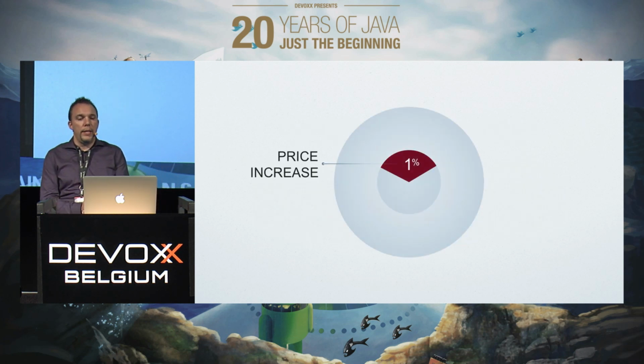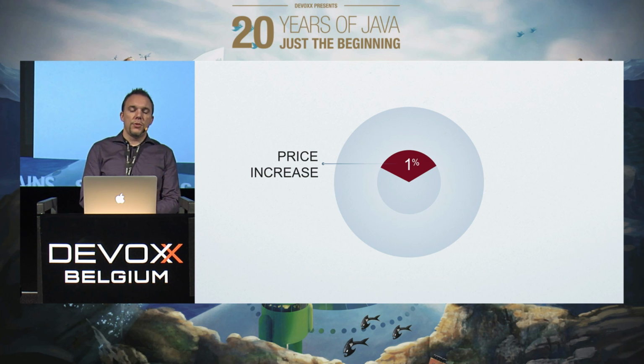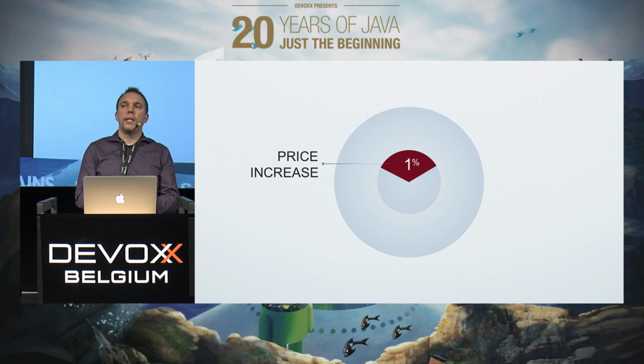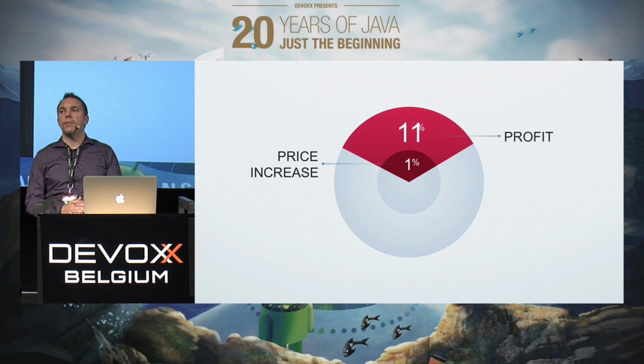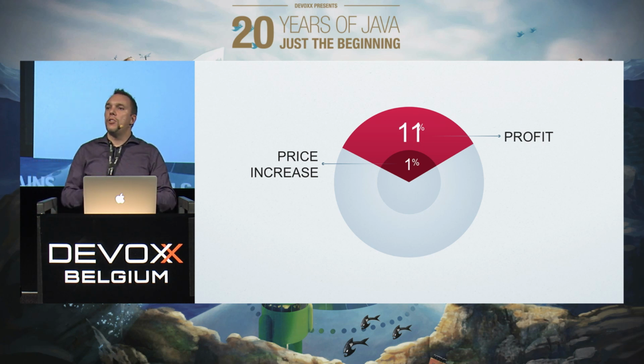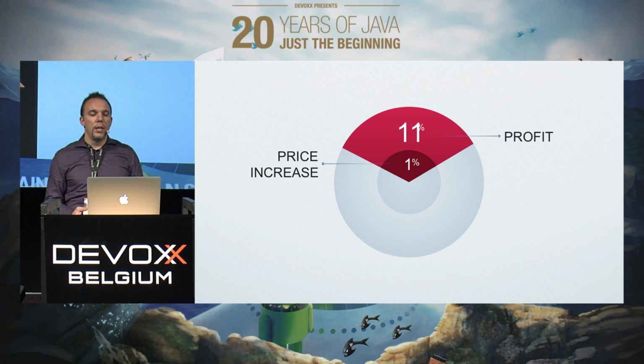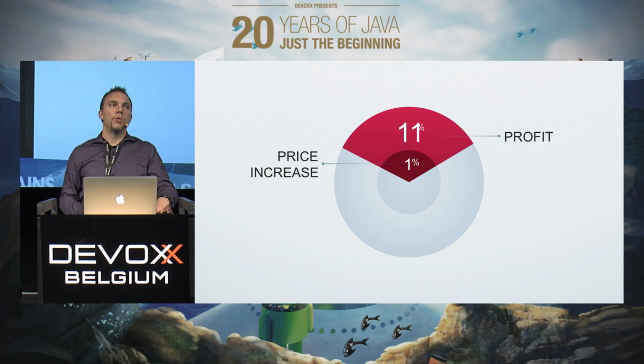Okay. Now there is research that shows that a small increase in pricing, take a 1% price increase, can give you on average an 11% profit increase. So you could think of adding more features, making the product faster, or better UX. It creates more value. But when it comes to profit, just raising your price by 1% might actually create much more leverage and much more profit for you.